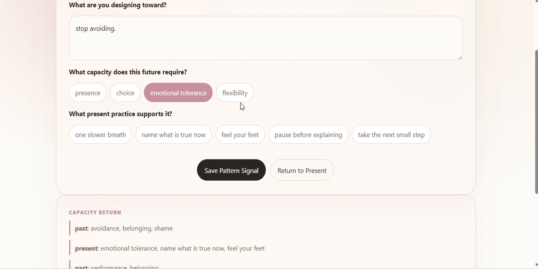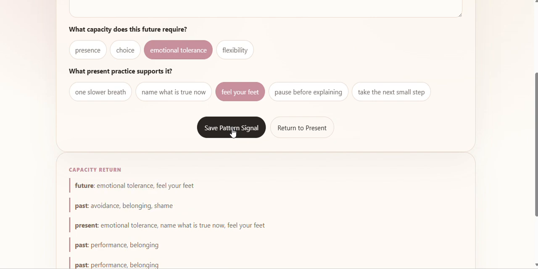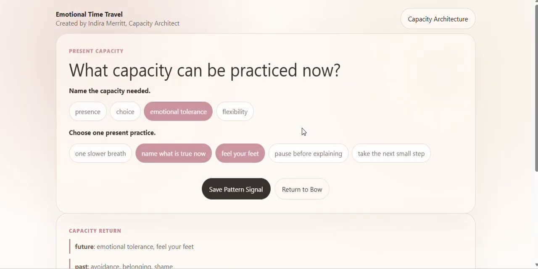And so then the next question that's asking is what present practice supports it. So because in the present I realized that feeling my feet was a good option for me, I might put feel your feet, but you can select any one of these pattern signals that you choose. And then you save your pattern, and then you get to return to the present.